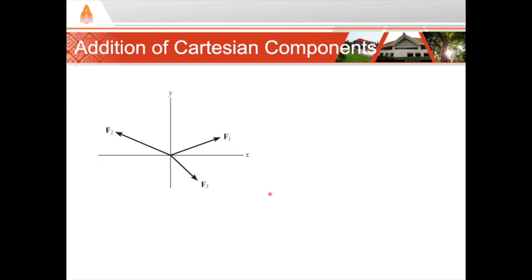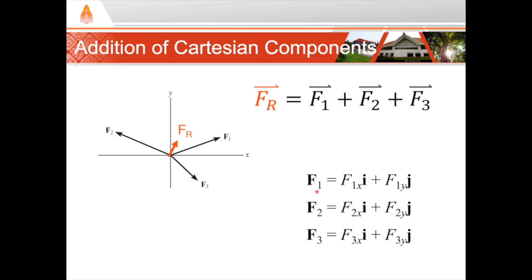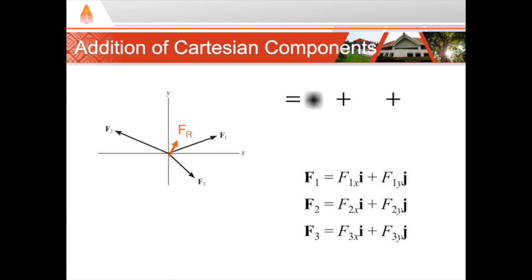So let's look at this case where we have 3 forces and we're interested in what the resultant vector is, or the resultant force. So if we add up F1, F2, and F3, what is the resultant force, Fr? Well, we know it's the sum of those. So if we break up each of these forces, F1, F2, and F3, into its x and y components, we can easily add them together. So we start with F1, we find out its x and y components, then F2, F3, and then we can add each of these together. We can add up all of the x components and all of the y components to get Fr.